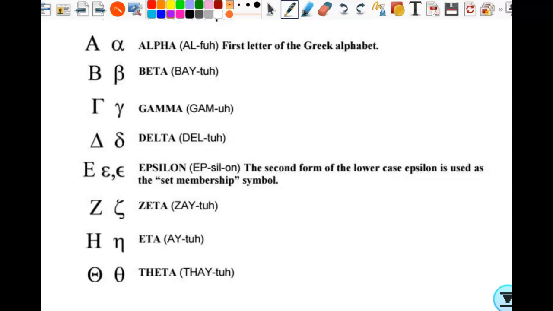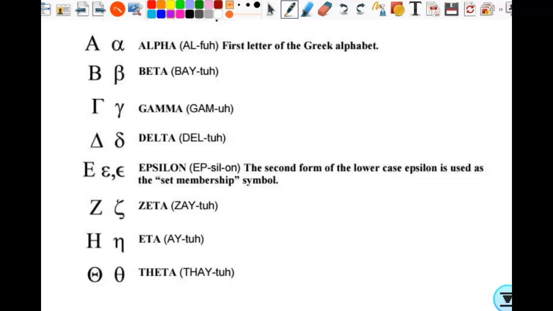I had to learn it in college. I took more math classes than you could probably imagine even exist. That's what happens when you get a math degree. I don't even remember what class it was, but I had to memorize this at some point. So I had to come up with something. I have a little song I'm going to show y'all in just a minute. Not what I learned, but I learned something myself. I had to know the capital, the lowercase, how to write them, how to pronounce them, what they were called, all that kind of stuff.